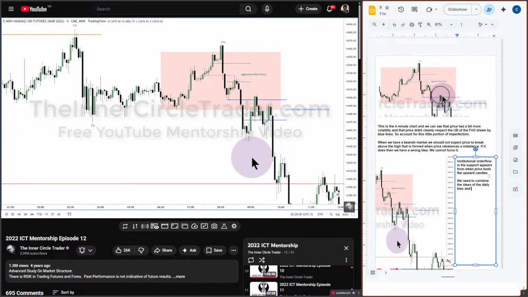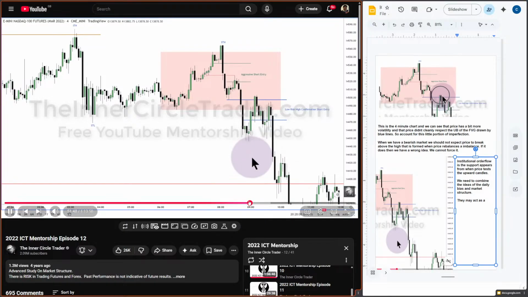Because if you're bearish, up close candles should keep price below them. They're speed bumps. They may come back up and touch them and act as a what? Bearish order block. But you do not want to see them traded above if you're bearish. And vice versa, if you're bullish, when price is moving higher, generally the candles will be predominantly green in my case. Well, what type of highs are you looking for? Up close candles. If they are violated, that means your idea is wrong. And you cancel the idea.